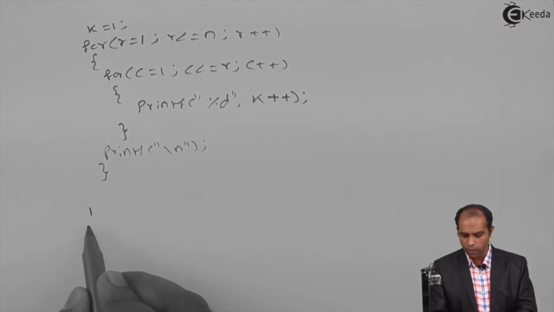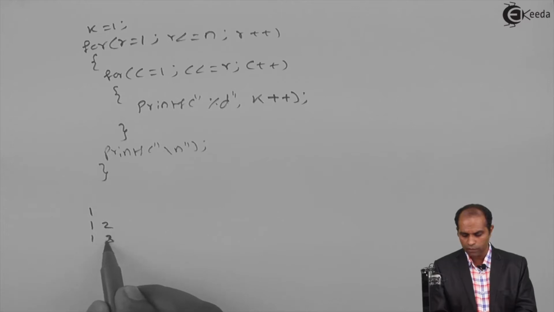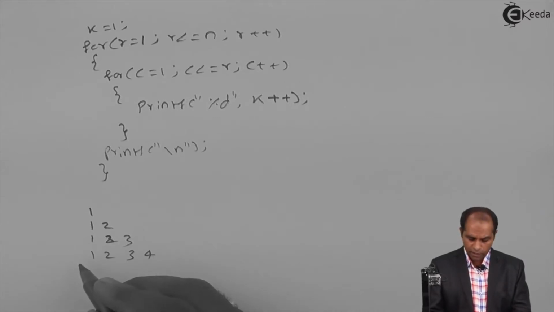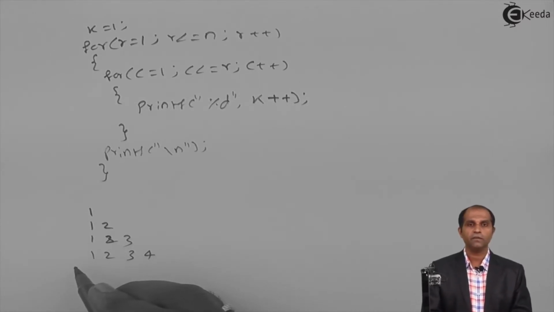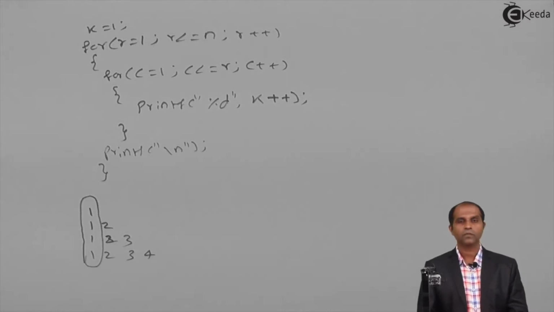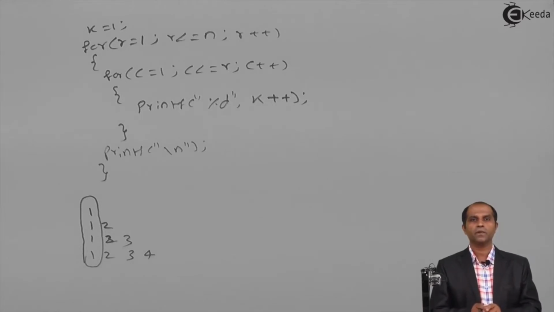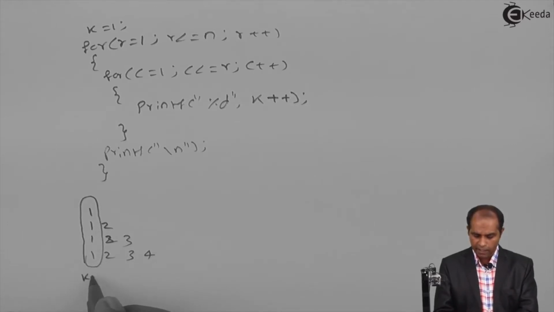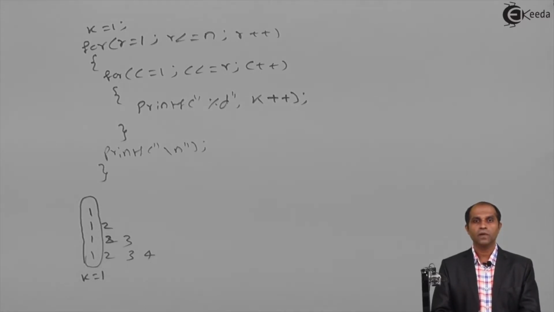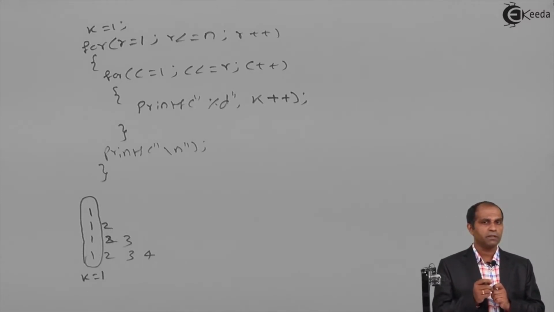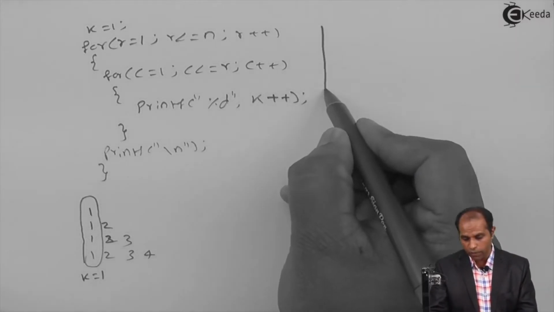So here I have the pattern 1, 1 2, 1 2 3, 1 2 3 4, the one which is stated. If I were to say this, then how do I modify this using k? What I'll do is use this particular observation. Observe the first column of the pattern. What is the first column of the pattern? 1. Set this as k. Let's set k as 1. Your k equals 1 has to be set how many times? Only once at the beginning of the structure, or at the beginning of every row? Yes, you said it rightly, at the beginning of every row.